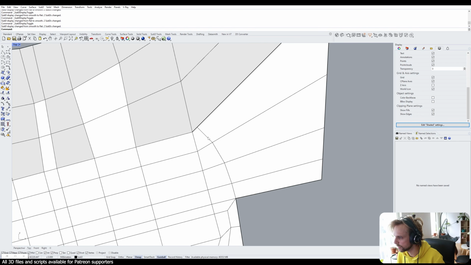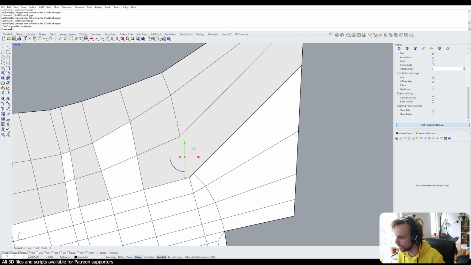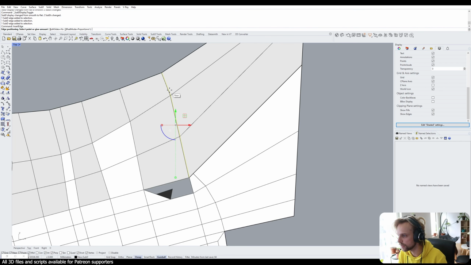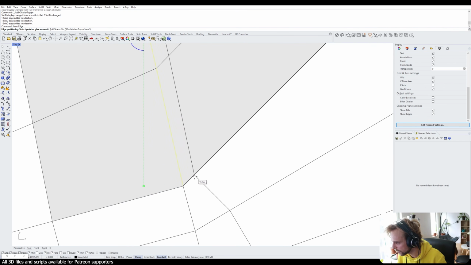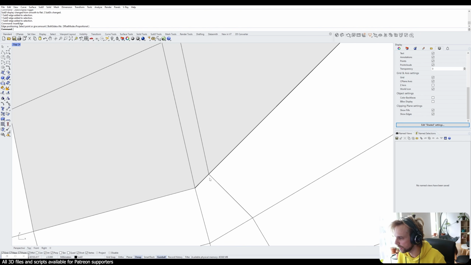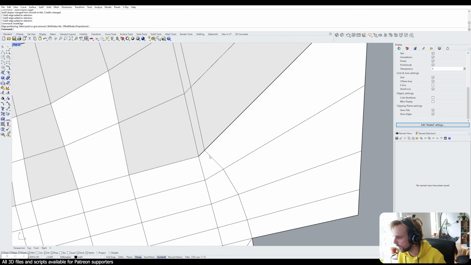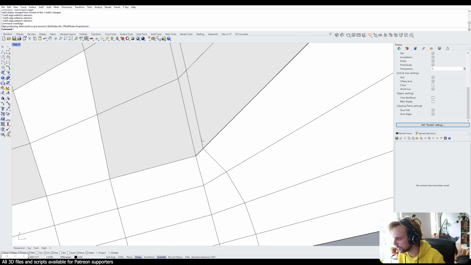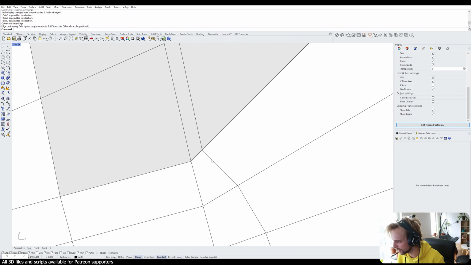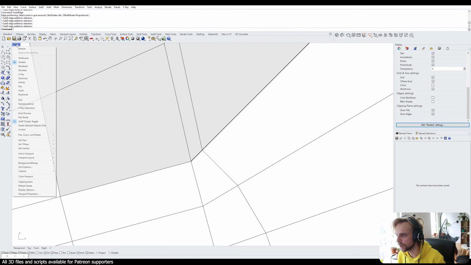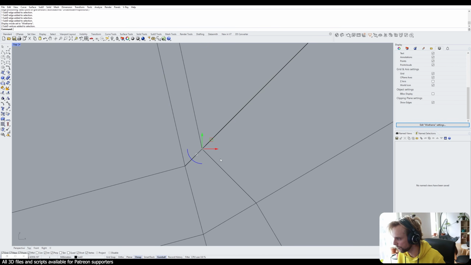You can't just have an edge that arrives at another edge as a T-shape. So I'm going to fix this by just selecting these three edges and using the insert edge tool right here. And I'll just insert an edge right there, like that. Now we do have this kind of a nice transition going on, but to actually fix it, I will go into wireframe view, select